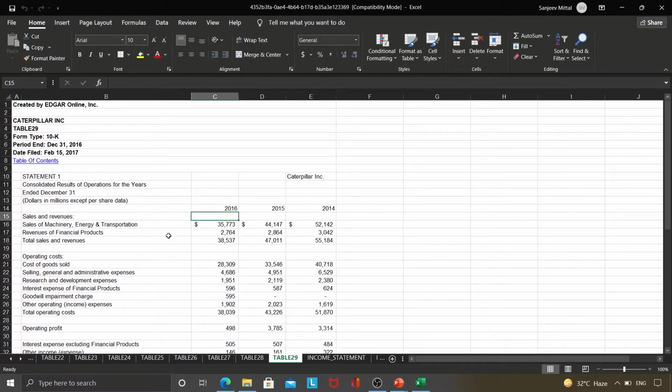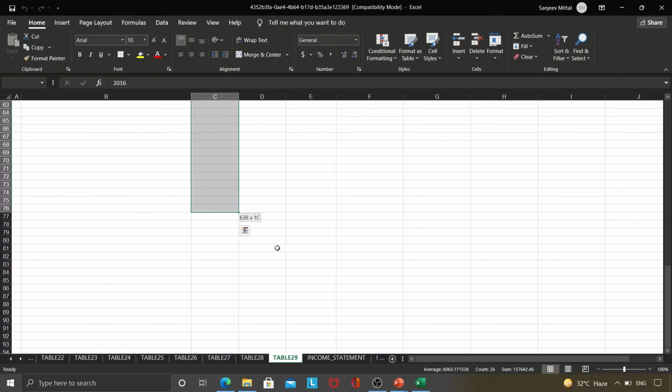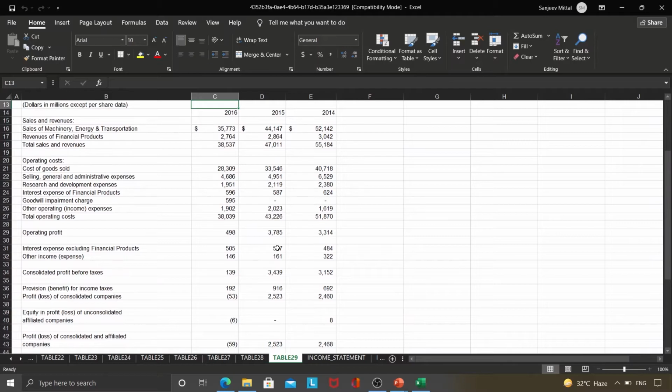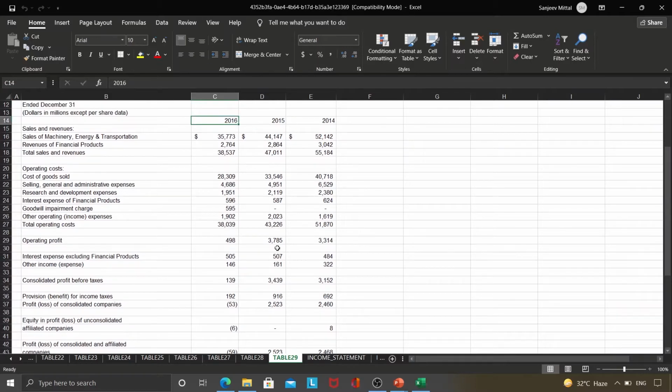This is the income statement which contains the sales revenue details, machinery sales details, other operating costs, and so on. So there is a linking problem of these sheets, but we know what is the income statement. So we will require these details for the year 2016, as you can see here. And once we have worked upon the year 2016, we will take the same details for 2017, 2018, 2019, and